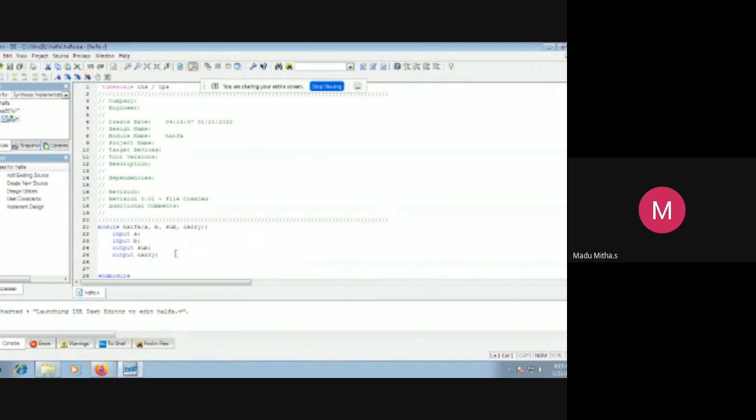After this you will have a window, and in it you will have the program. So we are going to do the Verilog module. You have to write the program over here. The program will be